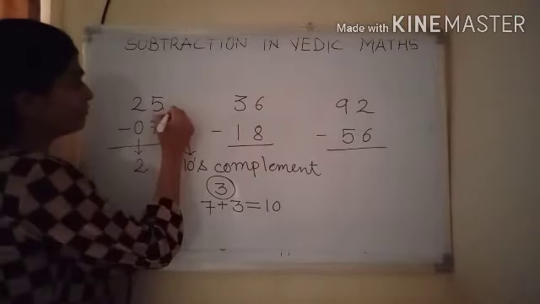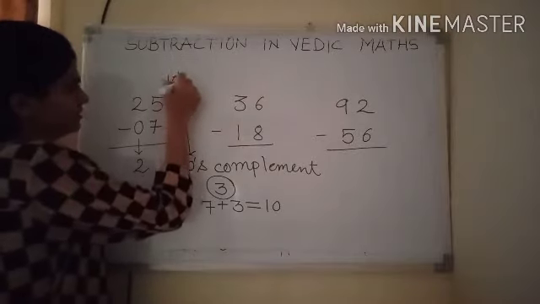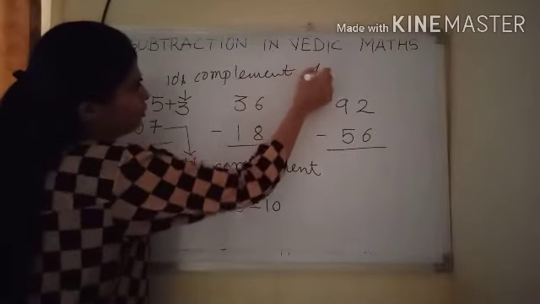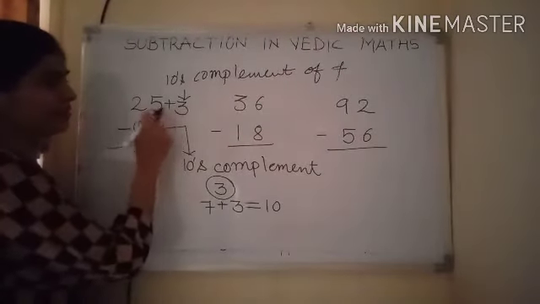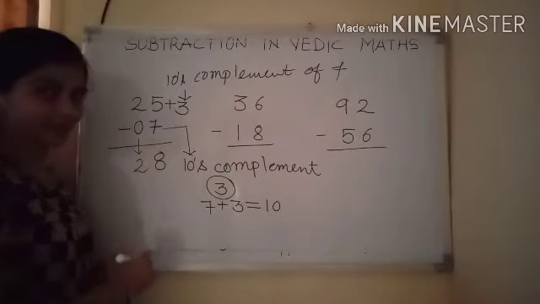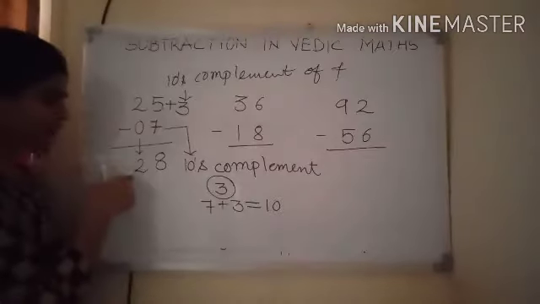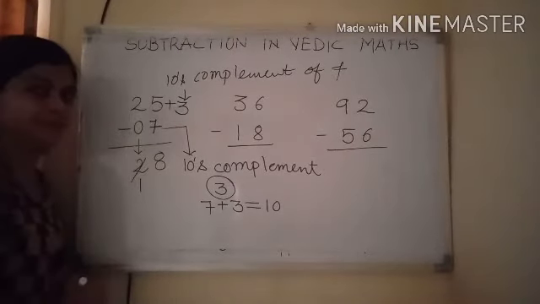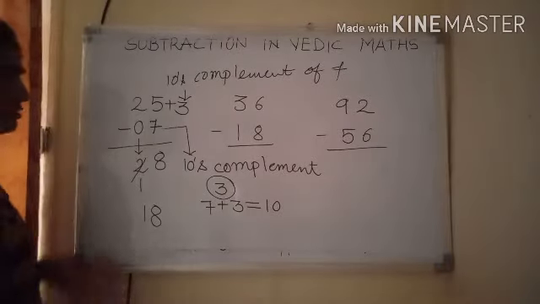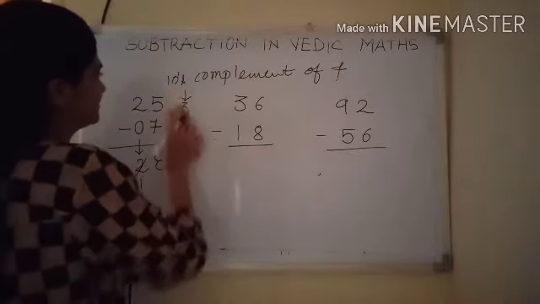Understand? So we need to add this 3 with this tens complement of 7. What we have done? We have added this 3 with 5. 5 plus 3, that is 8, right? And as this was the mismatch combination, we cannot write 2. We need to reduce it. So answer is 18. Hope you have got it. As we practice it, we will come to know in detail.